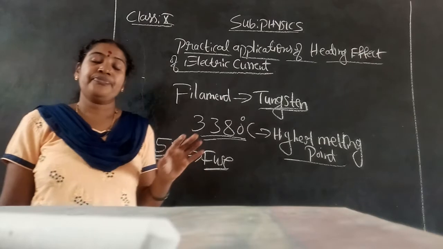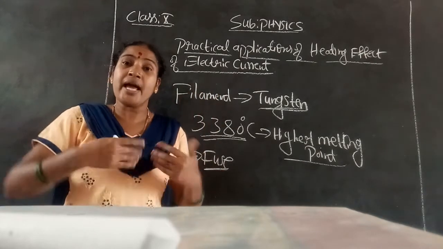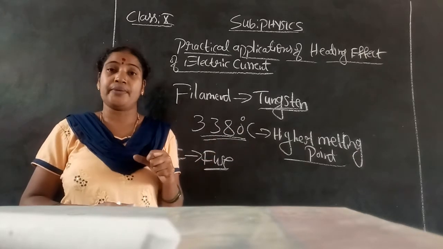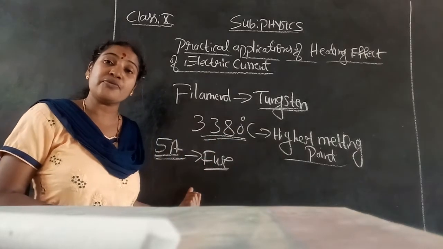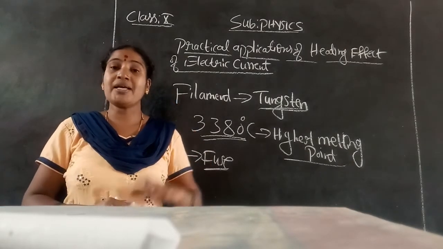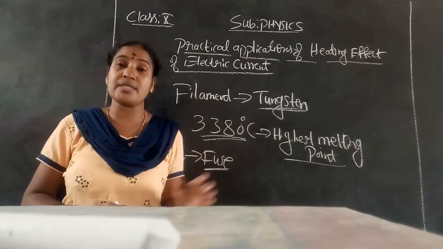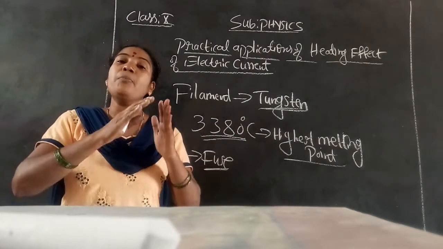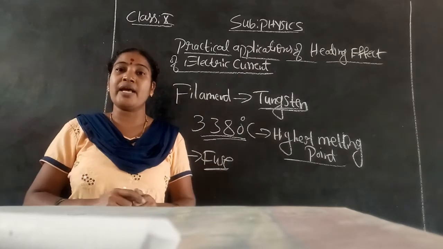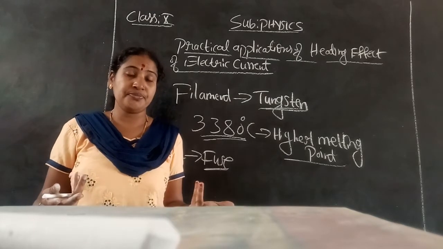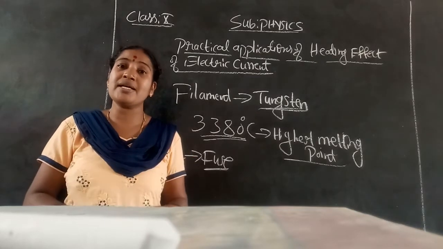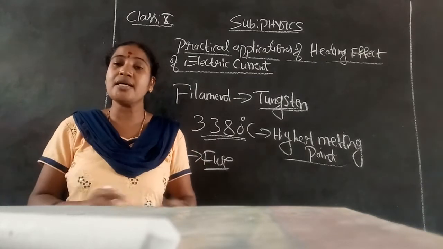For example, because of some disturbance, 10 amperes of current or 7 amperes of current is flowing through the electrical circuit. So what will happen to this 5 ampere fuse? The fuse wire will melt and break the circuit. Because a larger amount of current is passing through the circuit, the fuse wire will melt and break the circuit. When the circuit breaks, no current will flow through it, correct? There is no current flowing through the circuit because the fuse wire melts and breaks the circuit.